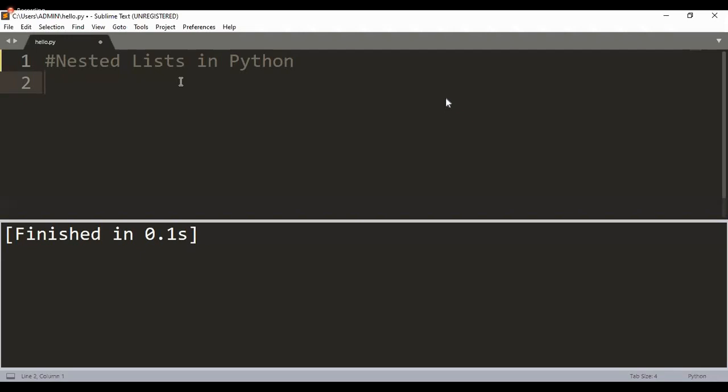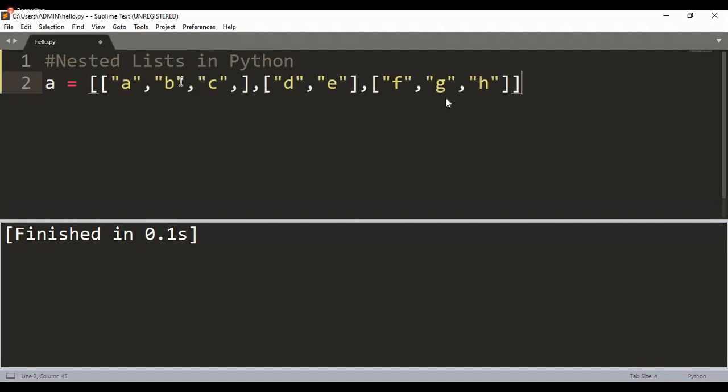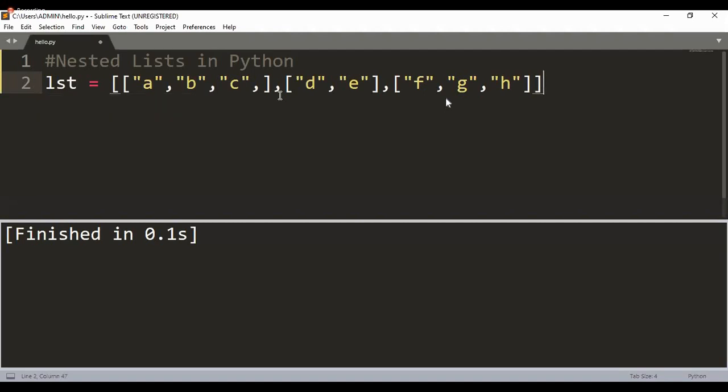Like I said, in all the previous programs that we had written, we always had independent elements, a single piece of data. But in this case, we're trying to store a sequence inside a sequence called a list. Okay, sir, please do it. You might say that is what I'm trying to do here. Let us say this is how I would like to create a list. Maybe I'll change the reference name to LST. Tell me, what do you think are my list elements in this case? In total, how many list elements do I have here?